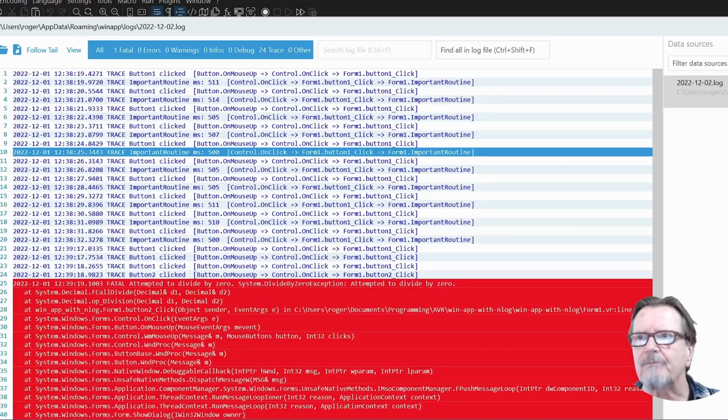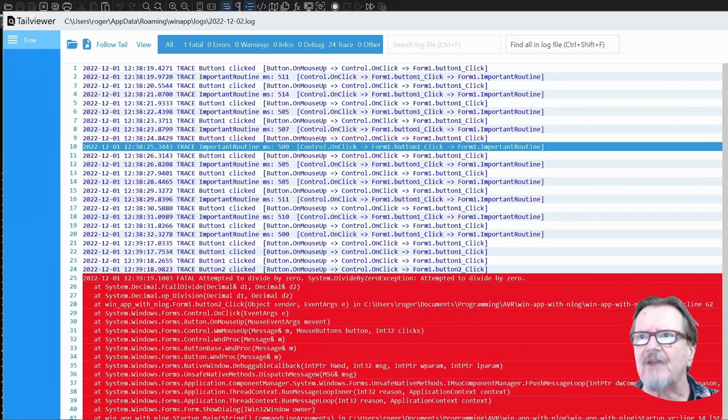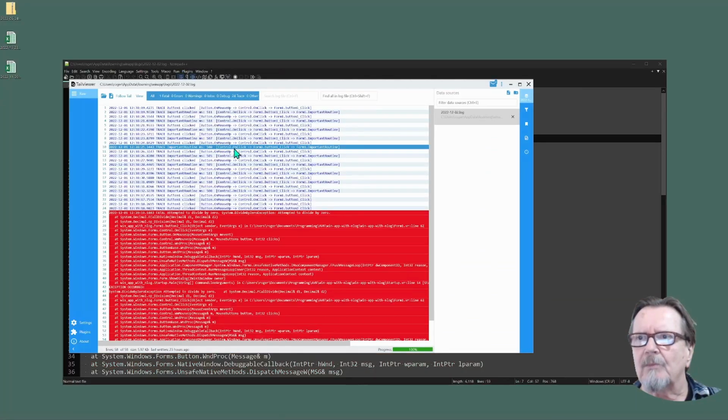I can do this. So we're basically looking at the same log file here, but this viewer is sort of dedicated for logs. So it shows you in one color traces, and it shows you fatal errors in red. And it was smart enough to parse this stuff out and figure this out on its own. I didn't even have to tell it the definition of this line, like where the word trace was and all that stuff. Very, very handy. It's free, open source, and we'll see a link to this in just a little